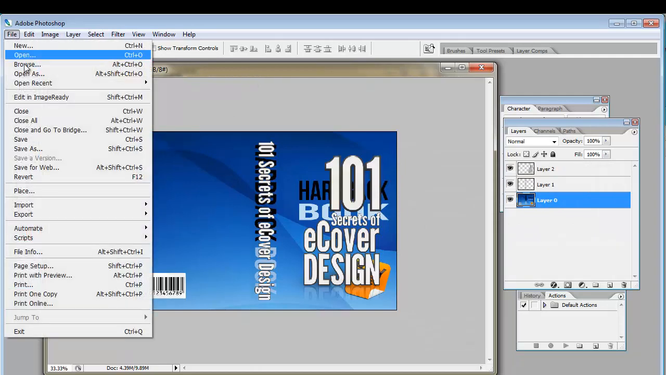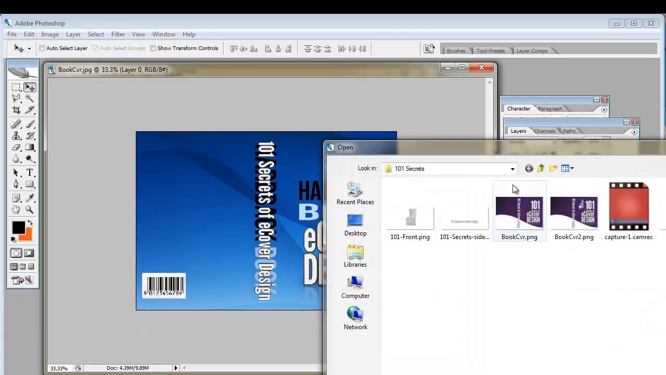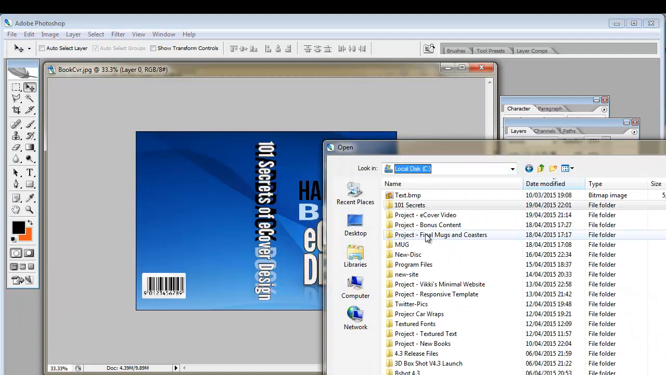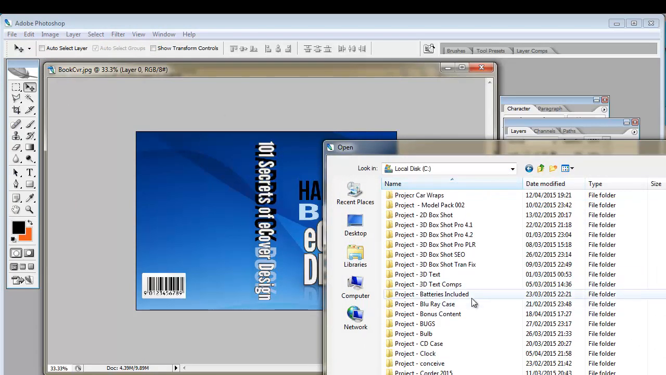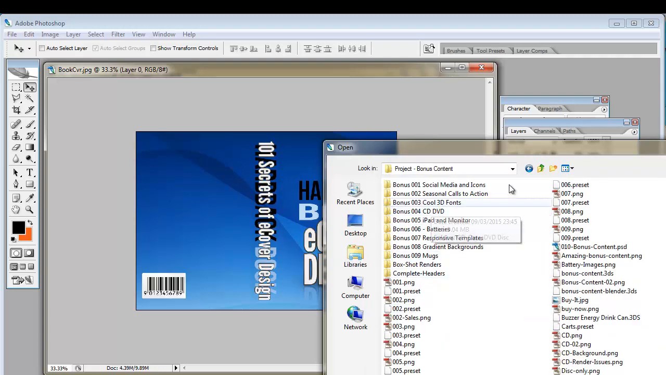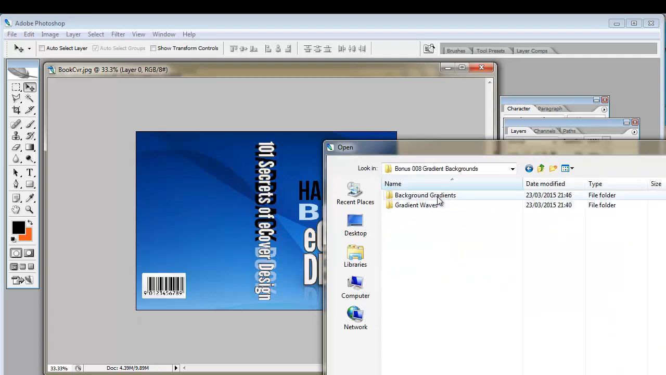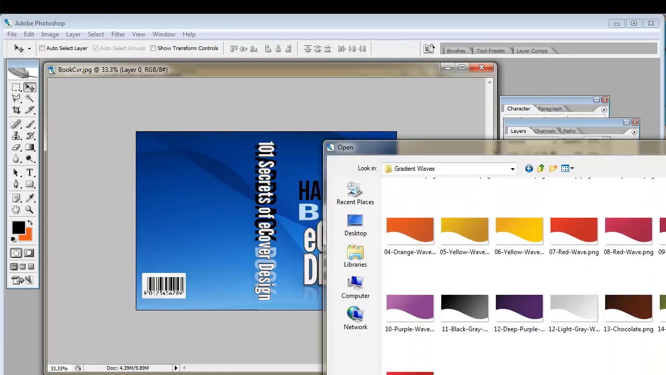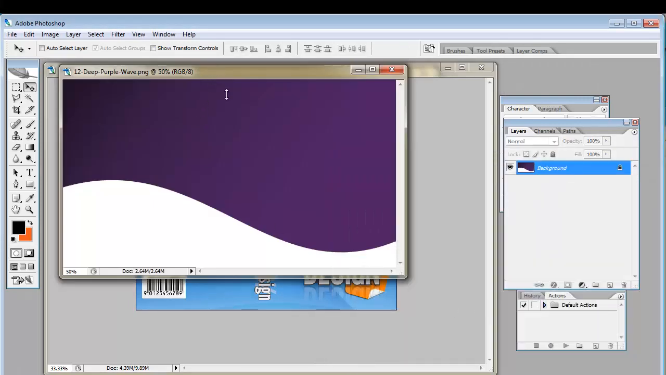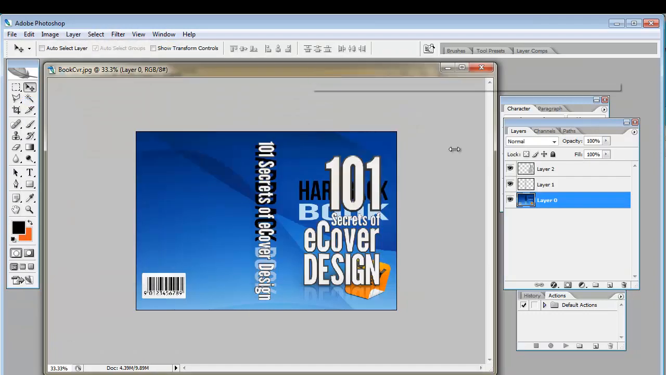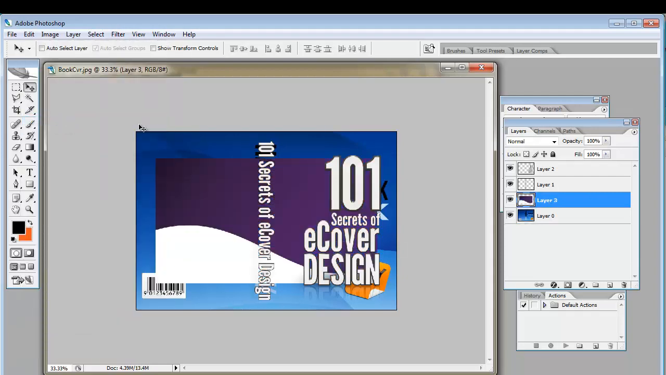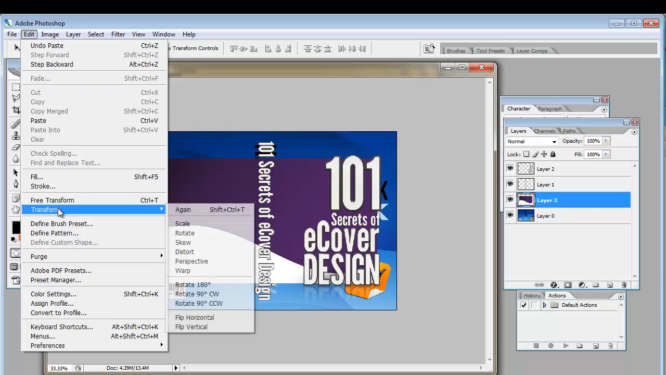I'm sure I can find a nice background image to use in this, so let's sort these by name and we'll go to bonus content. This is part of the new bonus content that all 3D Boxshop Pro customers can download. Let's pick a gradient, nice purple one here. Okay, so I'm going to select all, edit and copy. Now as this background layer is selected, I can simply paste it over the top and edit, free transform